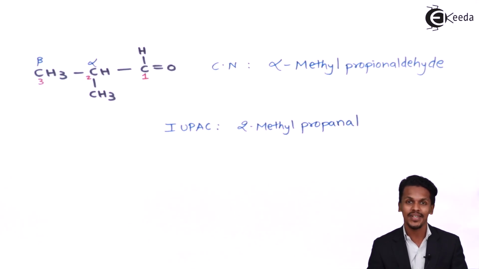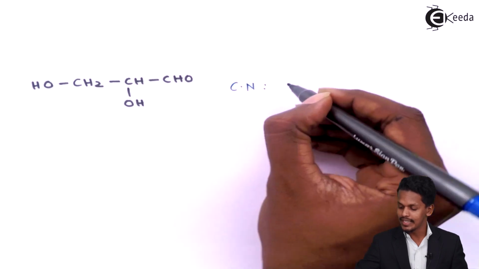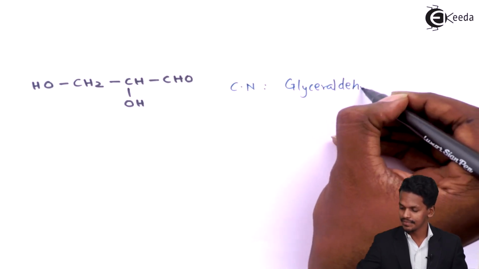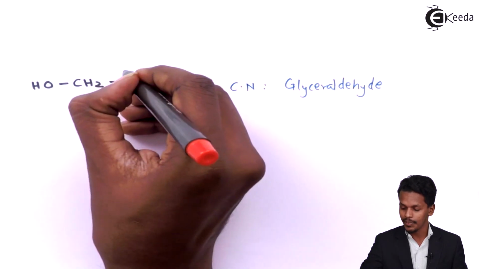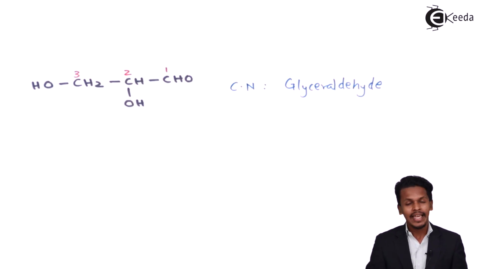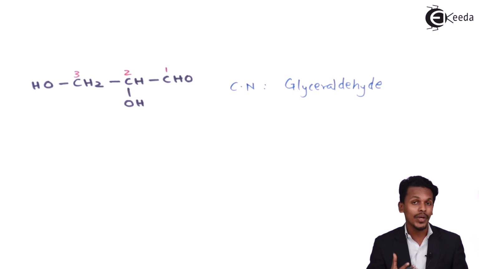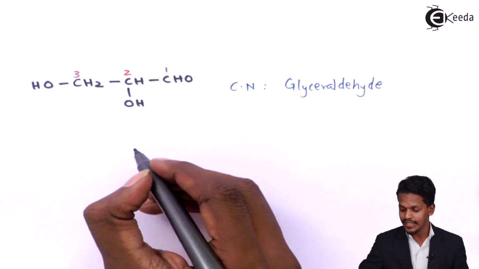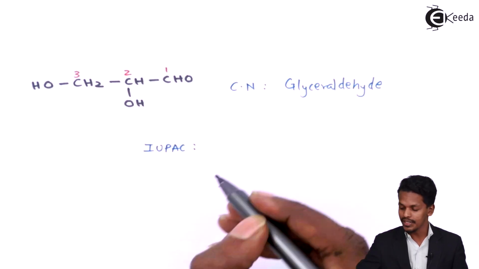And now let us move on to the next one. This organic compound has a common name, and that is nothing but glyceraldehyde. But now let us give the IUPAC nomenclature. Obviously this CHO group or aldehyde group should be given as carbon number 1, this is carbon number 2, and this is carbon number 3. In this case, we can observe that on carbon number 2 as well as carbon number 3 there are 2 OH groups, or 2 hydroxy groups, attached to it. So that's the reason we give the IUPAC name as 2,3-dihydroxy,